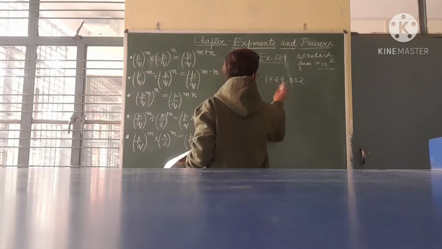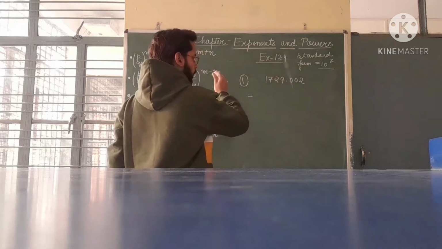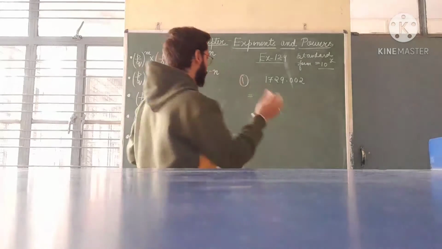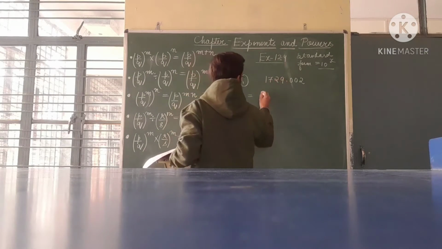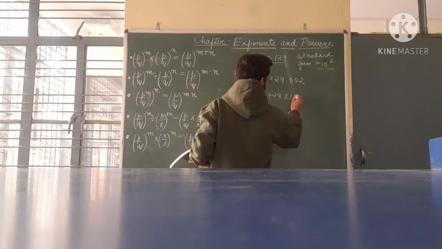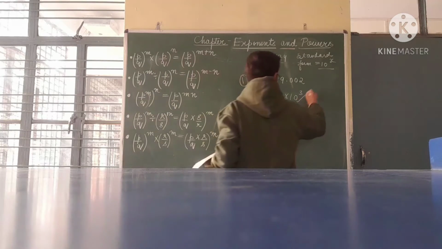When we take the point from right to left, then the powers will be added, according to how many times we have moved the point. For example, this point is here, I am taking the point here: 1, 2, 3. So the point will be moved 3 times, that is 10 to the power 3. Okay, this is the standard form.